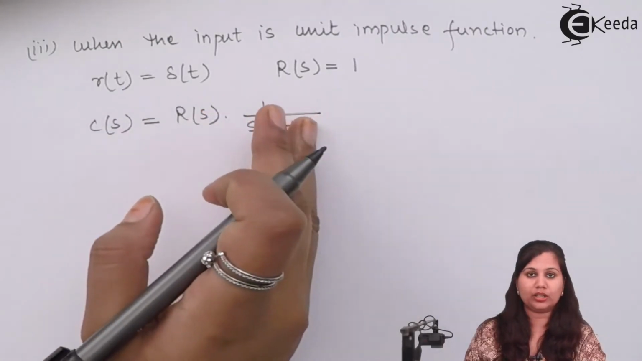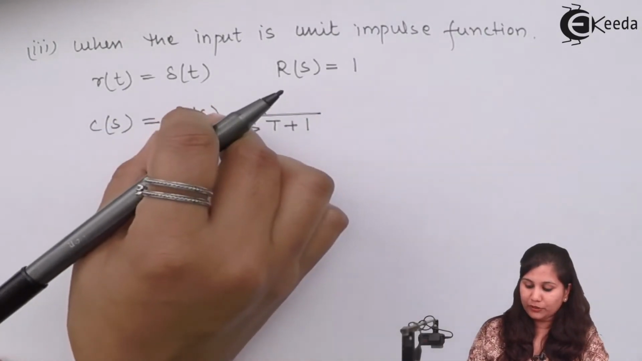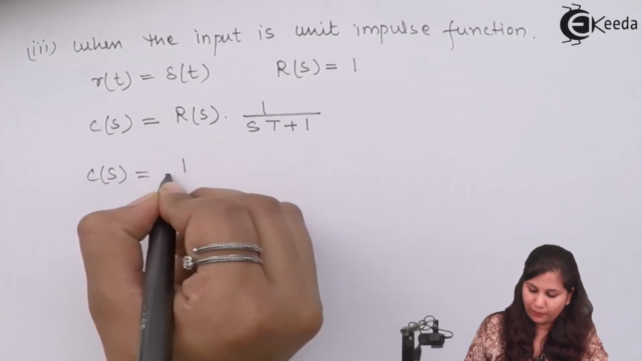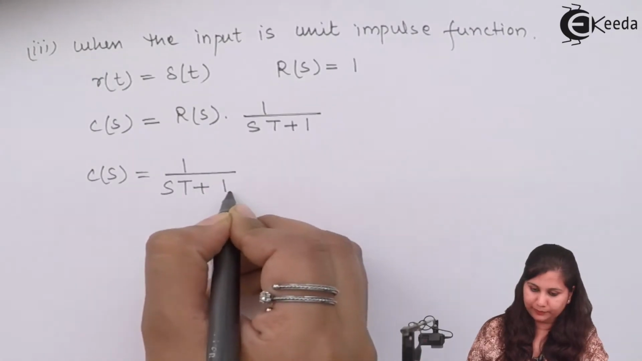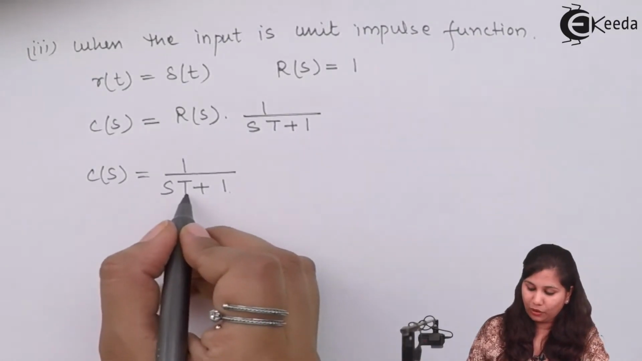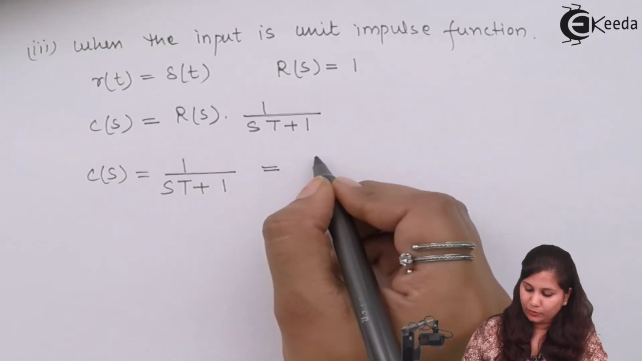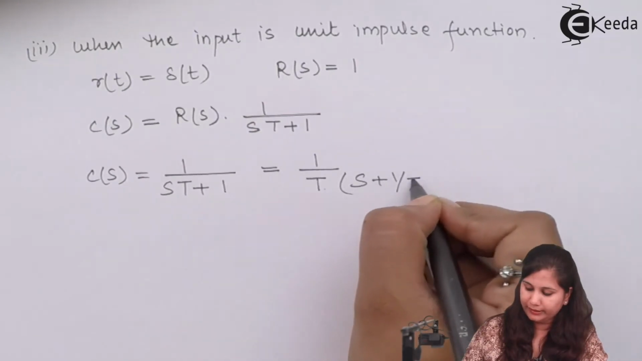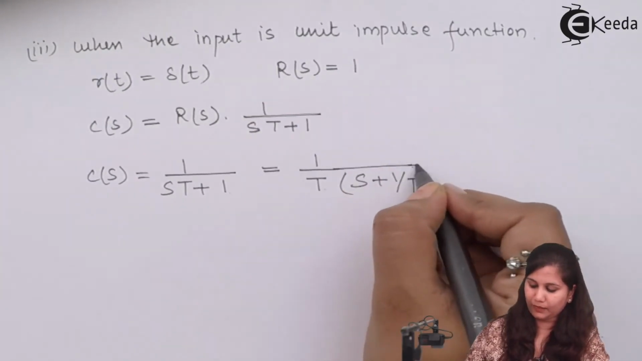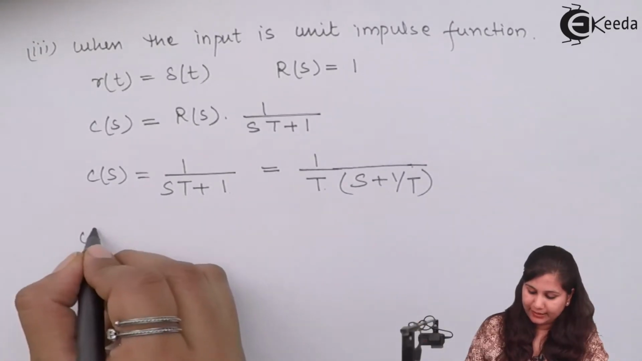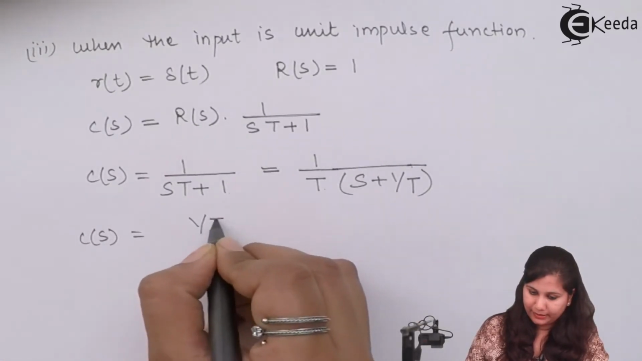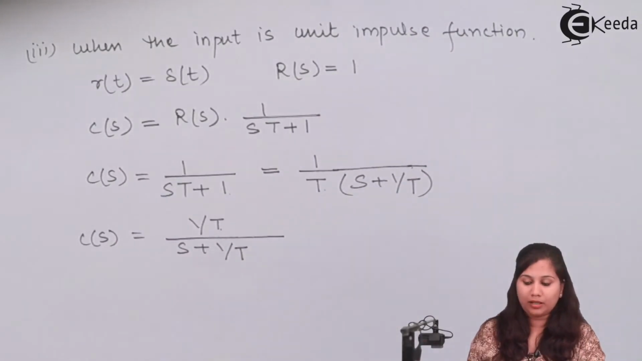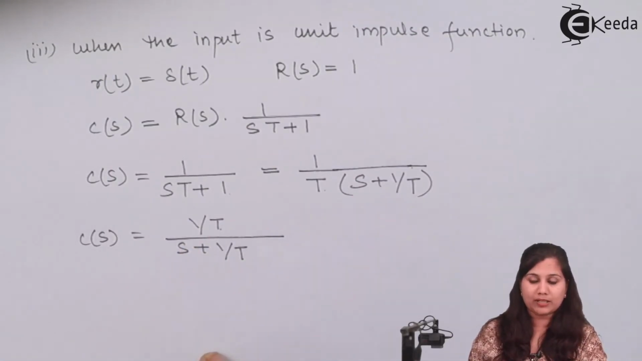R(s) we have shifted to the right hand side. So here we are going to put the value of R(s). So C(s) equals 1 upon sT plus 1. Now if we take T common, then it will be 1 upon T, and we are left with s plus 1 upon T. So this can be written as 1 by T upon s plus 1 by T. Now if we take the inverse Laplace transform, we will get